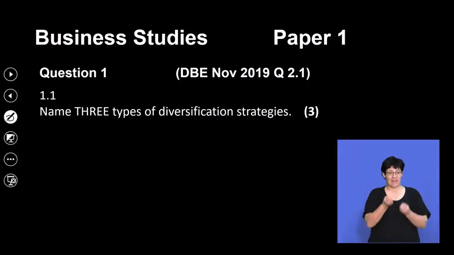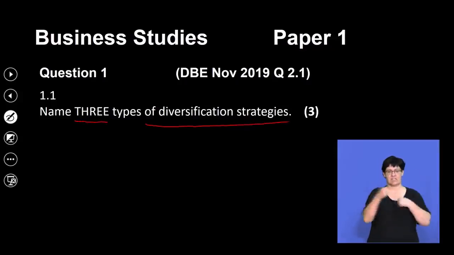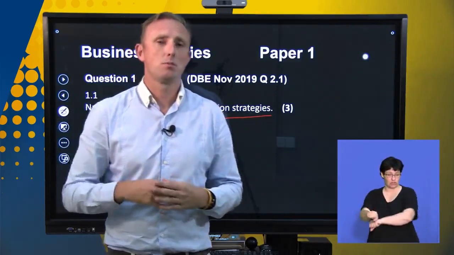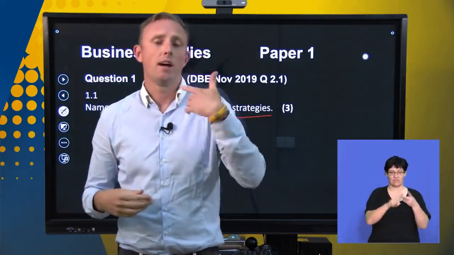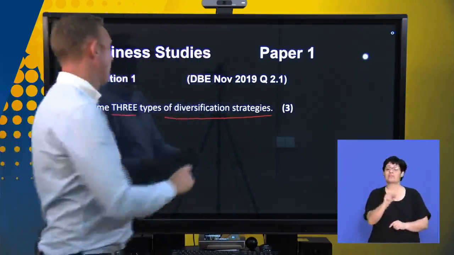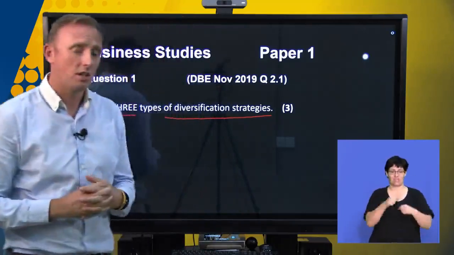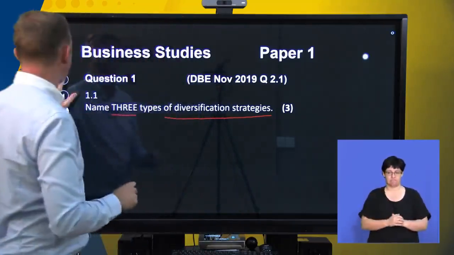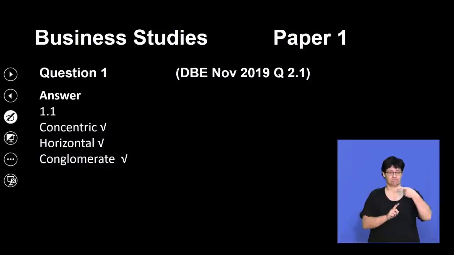All right, so name the 3 types of diversification strategies that you get there. You're going to have to know your different types of strategies in terms of, are they intensive, integration, diversification, or defensive. So in this question, they're asking us for our diversification strategies. So let's see what the answer is. The first one is concentric diversification, horizontal diversification, and then we finally have conglomerate diversification.